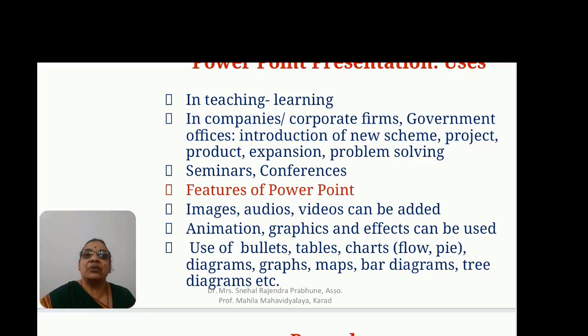PowerPoint presentation is peculiar with the use of images, audios, videos, animations, graphics, and so on. Animation, graphics and effects, sound effects can be used. Audio and video effects can be used. You can use emojis, you can use diagrams, you can use maps, various bar diagrams, graphs, trees, pie charts, flow charts, tables, and especially we make use of bullets of different kinds to present the points that we have in